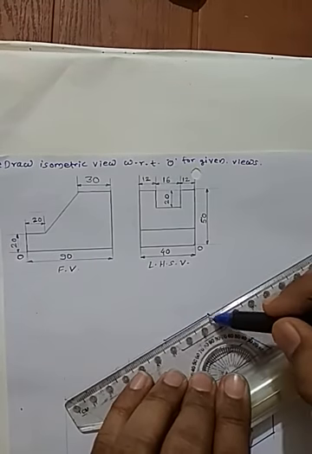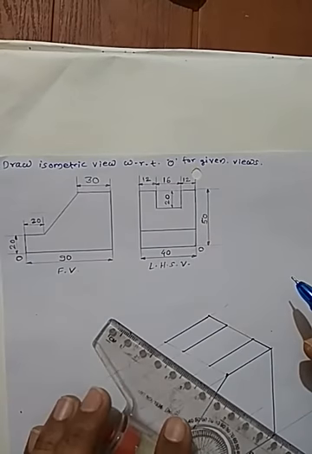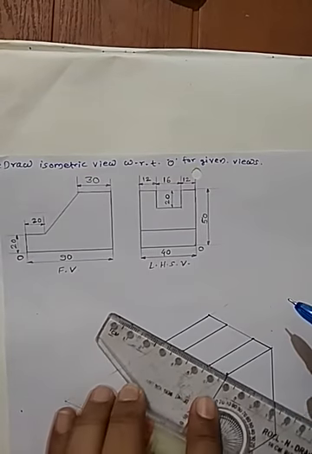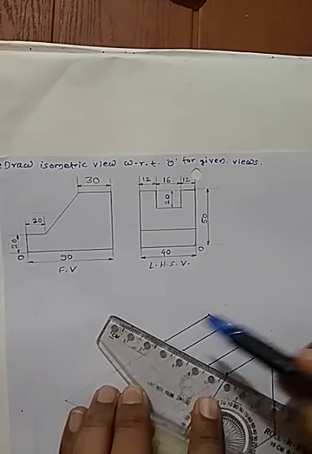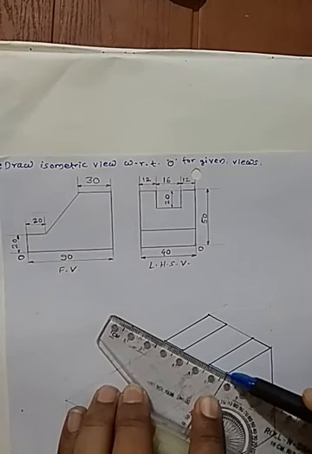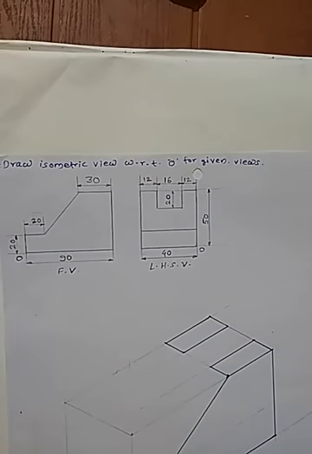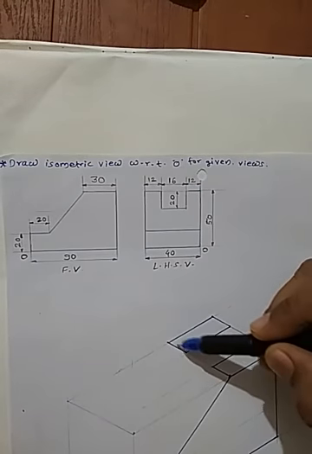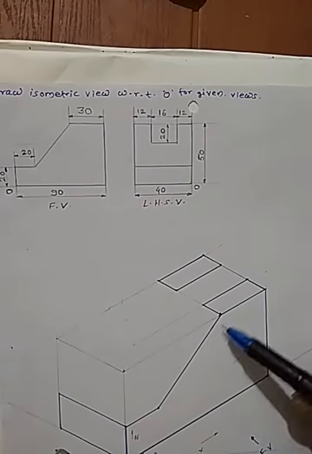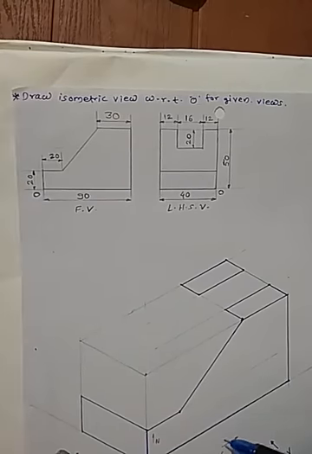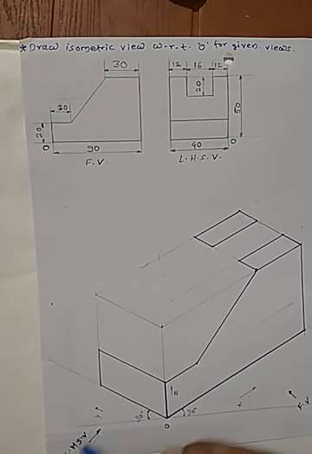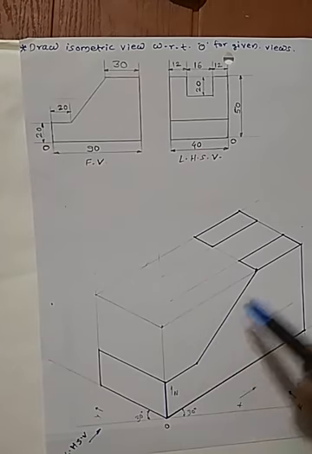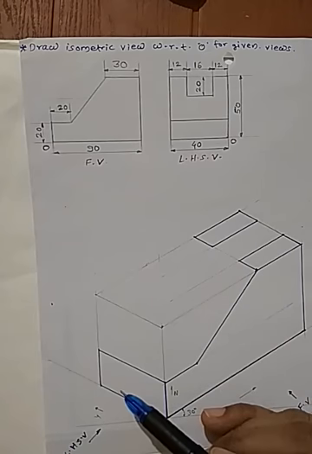See, partially or step by step we are getting the total shape of the object in a clear manner. Here you can see that this side view is now 12 mm, 12 mm. So this is the 12 mm distance. Now as this line is inclined, which is visible to you from front view, but if you look at that edge from the side view, it will be a straight line, not an inclined line. From front view it is inclined.